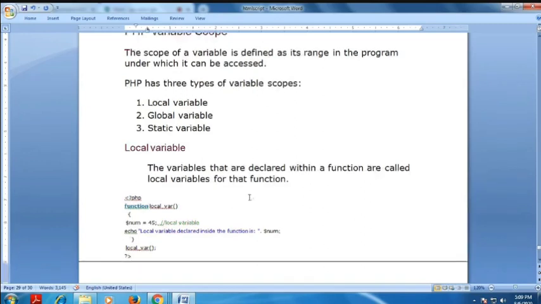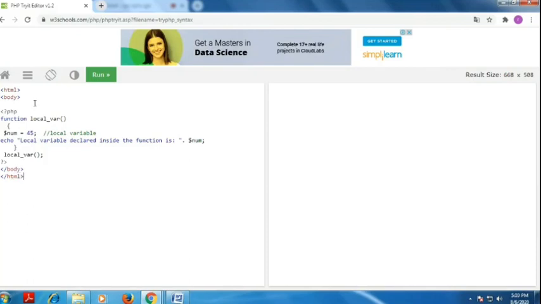You see the example. Here, I declare one function. The function name is local var, with an open bracket and a close bracket. I declare one variable, a local variable, within the function, which is the meaning of a local variable. It can be used only within this function; it cannot be accessed outside the closing brace. First we want to know how to declare a function: the function name, open bracket, close bracket, then open brace and close brace. Within the braces, you give some statements. This is the syntax of functions.